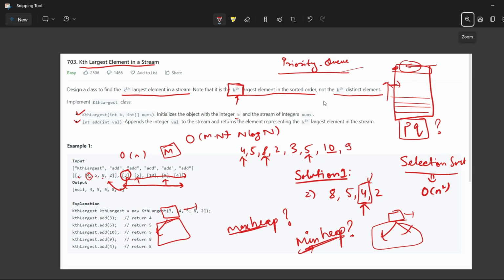So we are going to add all the elements here until its size is less than k. As soon as its size is greater than k, we are going to pop out our top element. The reason behind that is because it is already smaller than the kth largest element, so we do not need them. Okay, so we will pop out that element. So let's see the code to understand it, and let's see how we can solve it in an efficient way.